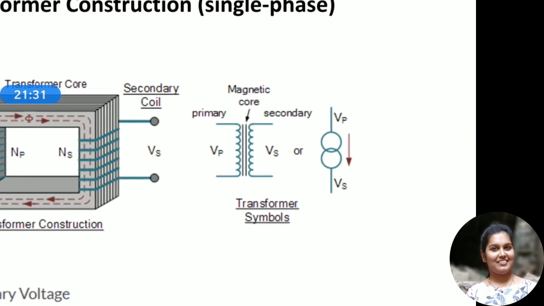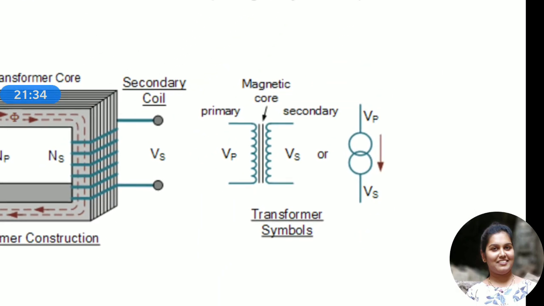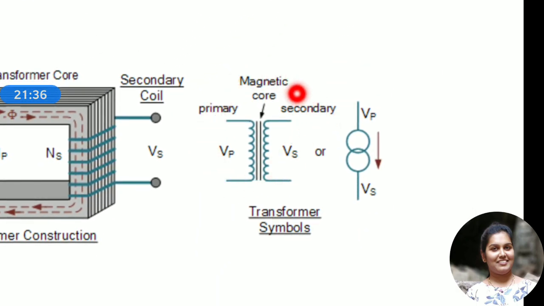Coming to the symbol, you can see here the symbol of the transformer. In general, the commonly used symbol is this. When you are asked to draw the symbol of the transformer, you can simply use this. That is two inductors, and in between the two inductors we see two lines. These lines indicate the core. In general, if the lines used to represent the core are both straight lines, then we call the transformer an iron core transformer.